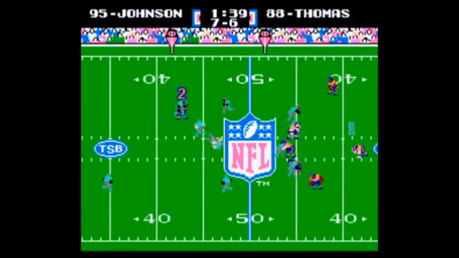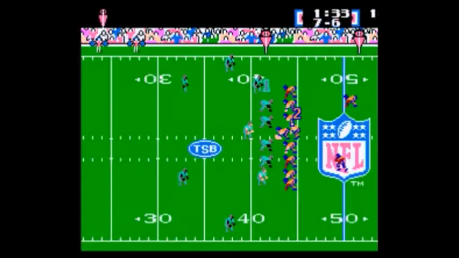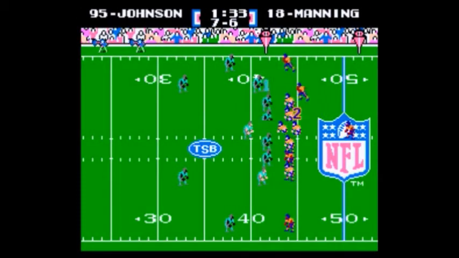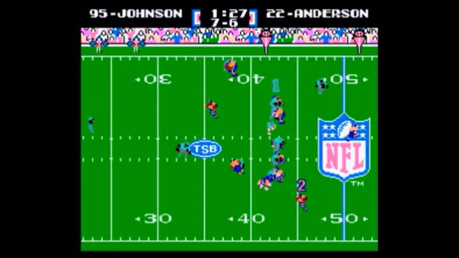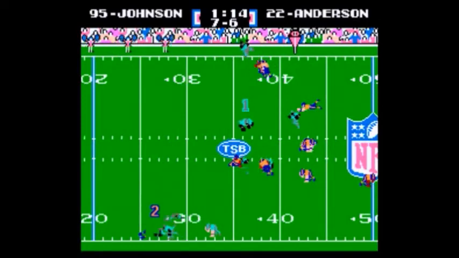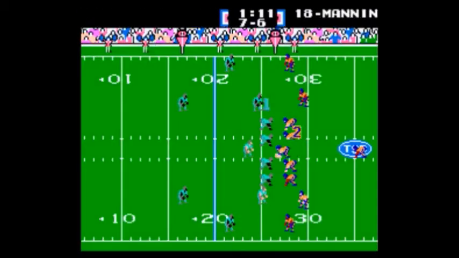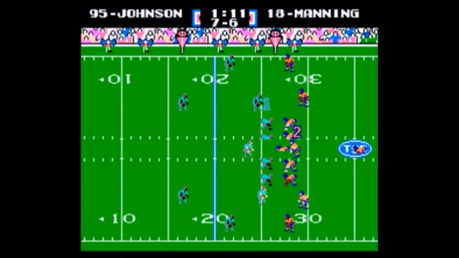Lightning back to pass. He gets it. That's complete somehow to Thomas. Thomas had to get in there and wrestle it away from the defensive back. It looked like the pass was intended for that defensive back, Bob. Right. I thought that thing was for sure intercepted, but Anderson again with another nice run. Well, I don't know why you give the ball to anybody else if you're a Broncos fan. Yes, beautiful stuff.